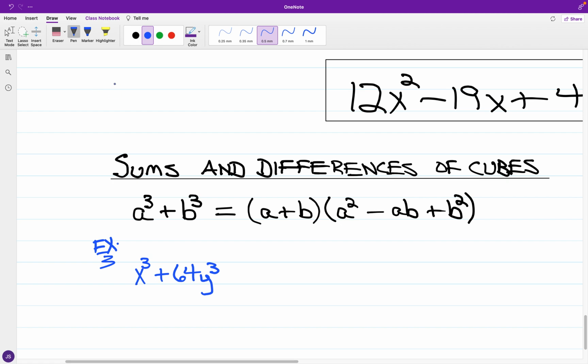So we got x cubed plus 64y cubed, and now we have perfect cubes with x to the third and 64y cubed. To put this in context, what represents a and b? Now x to the third is already the perfect cube of x. Now for 64y cubed,